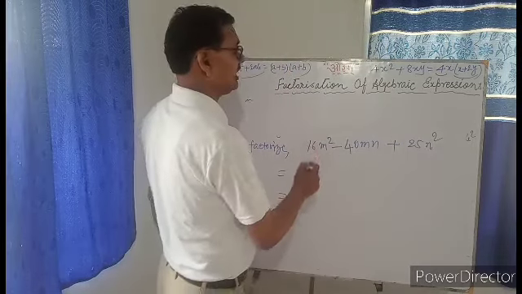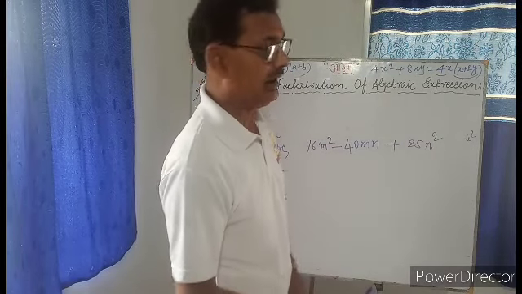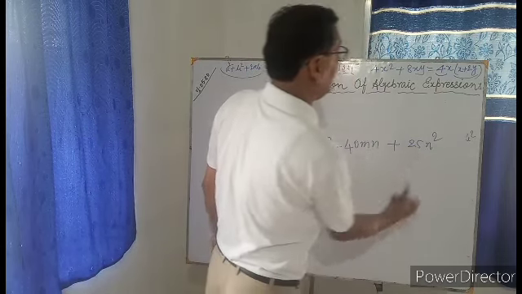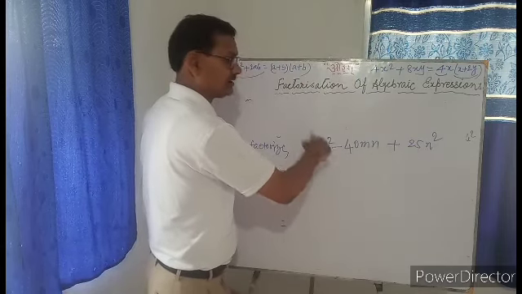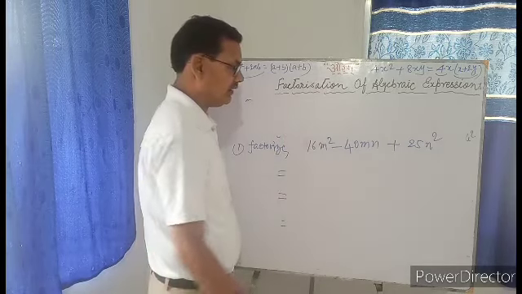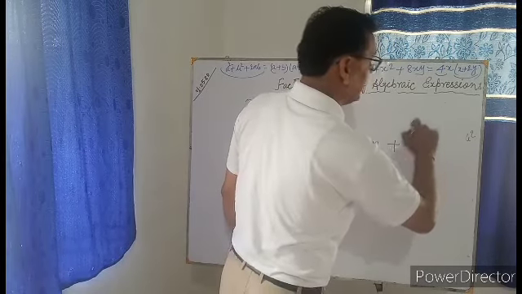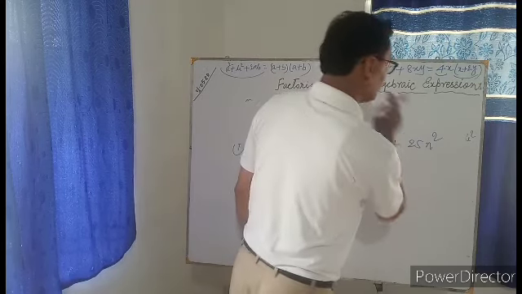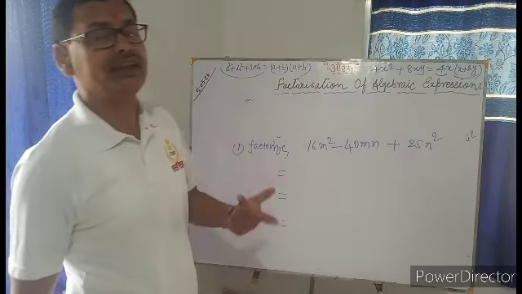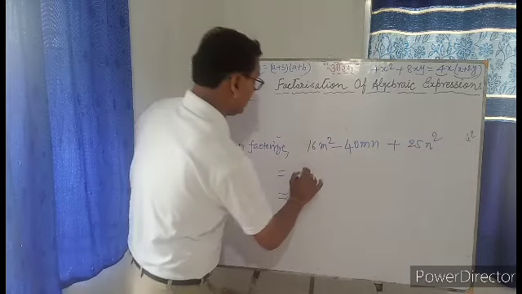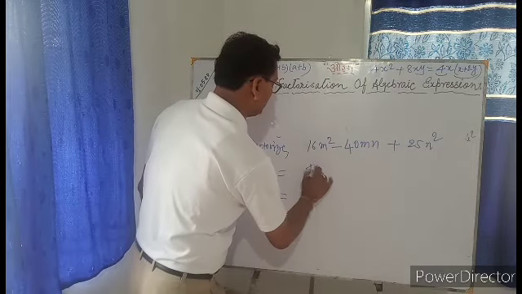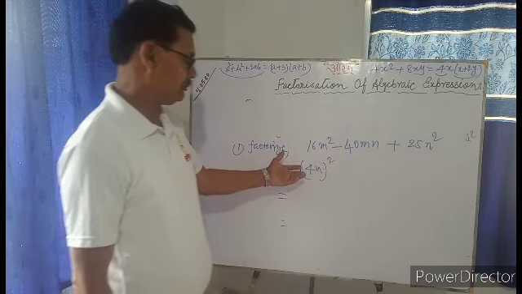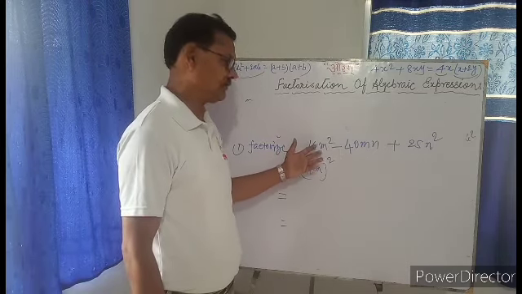So it can be written. Now we have to recognize a and b. Here it is a square and here it is b square. Then what is a? What is b? यह 16m square है और यह क्या है, 25n square. यानी यह a square है और यह b square है. तो a क्या होगा, b क्या होगा. 16m square है, it can be written (4m) square. समझ में आ गया. 4 4 16, m का square, 16m square.